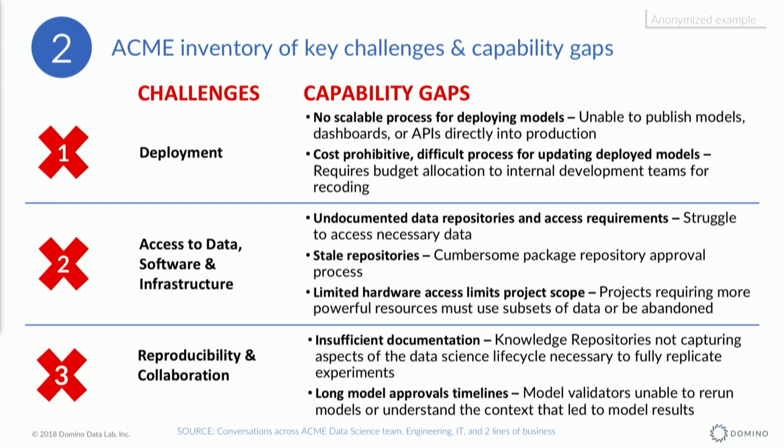And the last challenge we saw here, and there were many more, but these are just the three main challenges, was around reproducibility and collaboration. Coming back to the point that people were using outside repositories for data knowledge or documentation, none of those repositories were capturing the full component of what it takes to reproduce work in the life cycle of data science. So when somebody wanted to load up an experiment that had been done and see what package was used, what the iteration was, all these different things, none of that was there. A lot of it was just, here are the results, here is the code, and go figure it out.